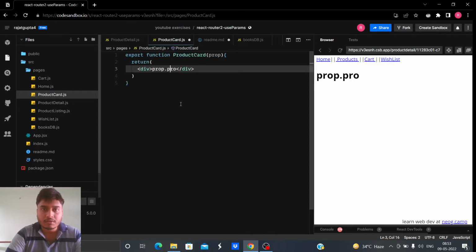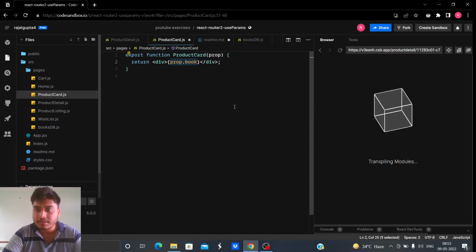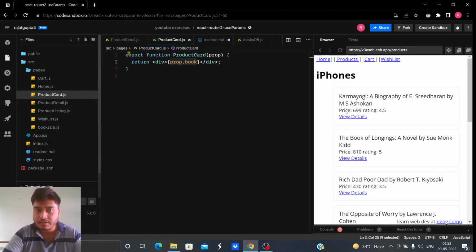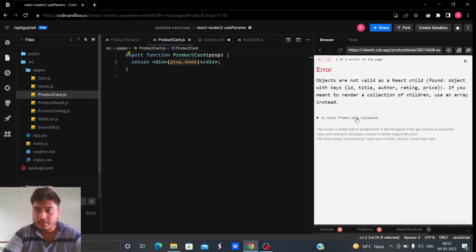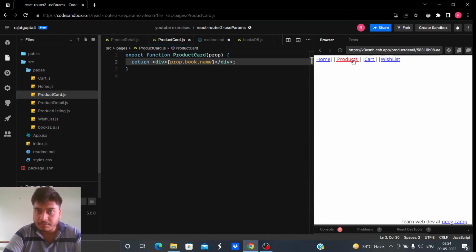Now in here let me do prop dot book, and just wrap it here. Let's see if we are getting somewhere. It says objects are not valid. Okay, yes, you know that book is an object. So yes, let's render the name here, we cannot render the object directly.